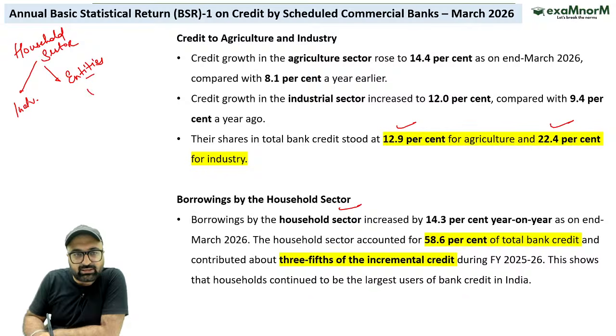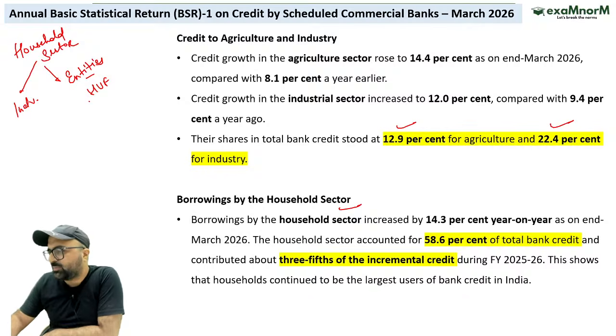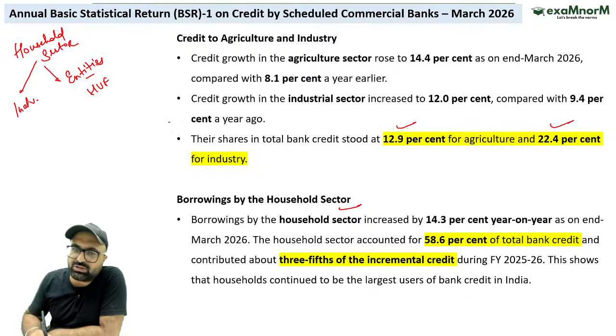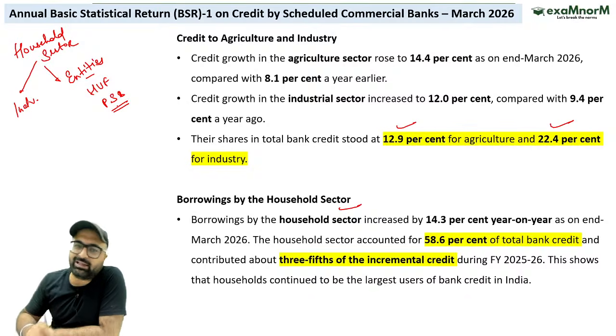Other entities में कौन आता है? Sir, Hindu undivided families. Other entities में कौन कौन आता है? Then my answer is, sir, Hindu undivided families, along with Hindu undivided families, who all are included in this particular category. Sir, it includes the proprietorship, small businesses which are owned by individuals or which are owned by one or more than one individuals. Then we have the joint borrowers who are borrowing jointly.